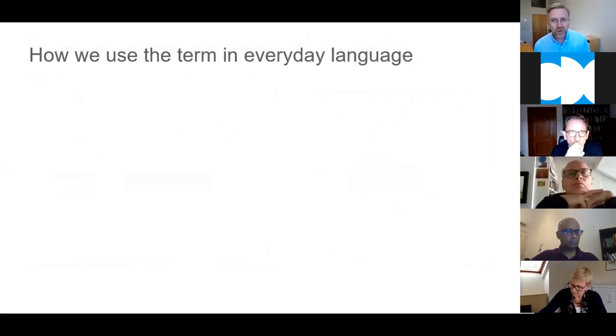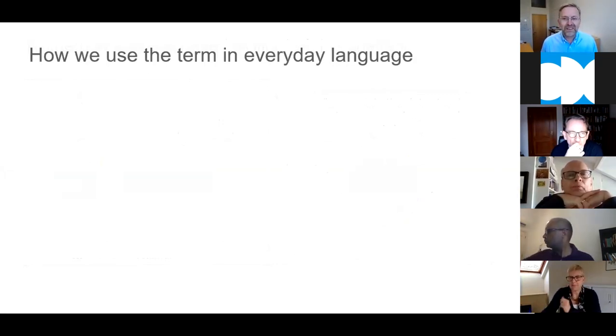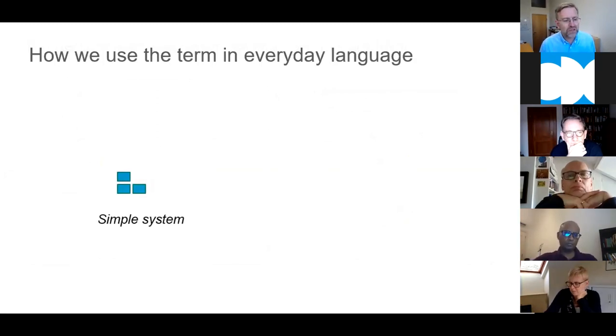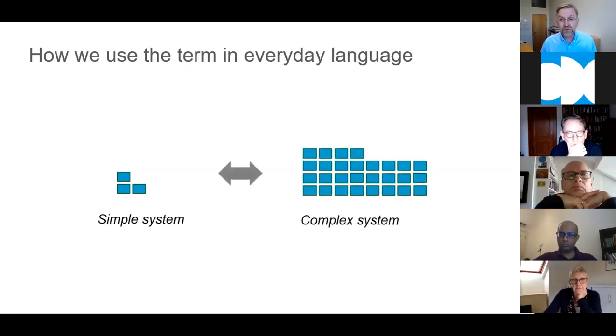Now, before I go on, I thought I will talk a little bit about definitions. So what do we mean by organizational complexity, or by complexity in general? So there is an everyday way of understanding this, or the way we understand it in everyday language. And that is that we tend to consider a simple system as one that has few elements, and a complex system is one that has many elements. So, with this definition, if you have a product with 3 components, it's simple. If it's 13 components, it's more complex.